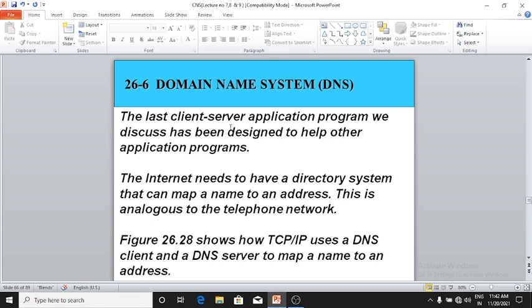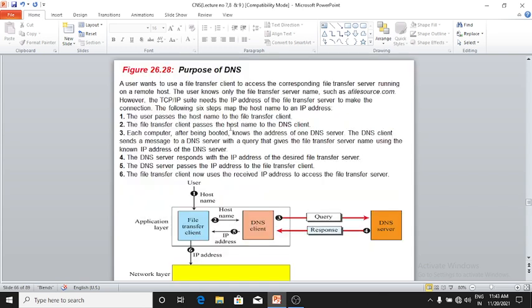Figure 26.28 shows that TCP/IP uses a DNS client and a DNS server to map a name to an address.